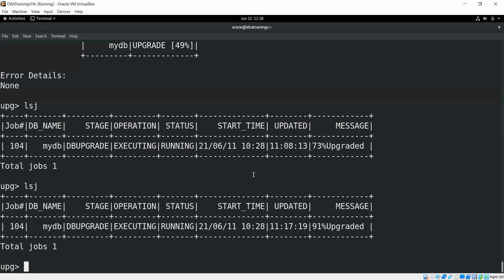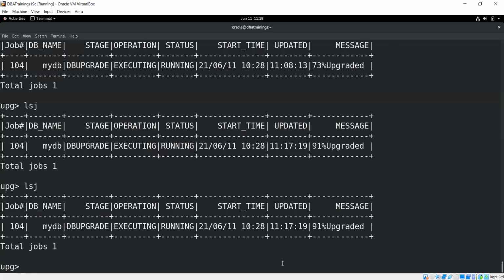Now you can see the status which was started. Now we have reached almost 91%. We'll take a couple more minutes before we complete it.